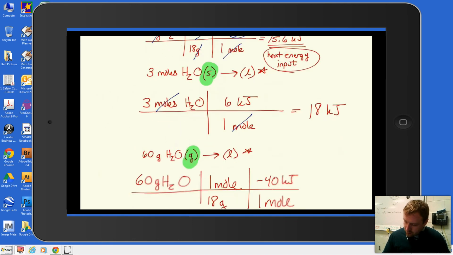So, go all the way to the bottom here. Now we can just use our handy dandy calculating device to take 60, divide it by 18, and multiply by negative 40, excuse me. So we take 60, divide it by 18, multiply by a negative 40,